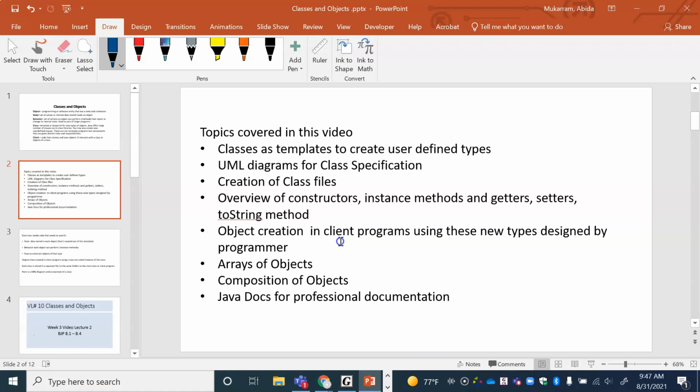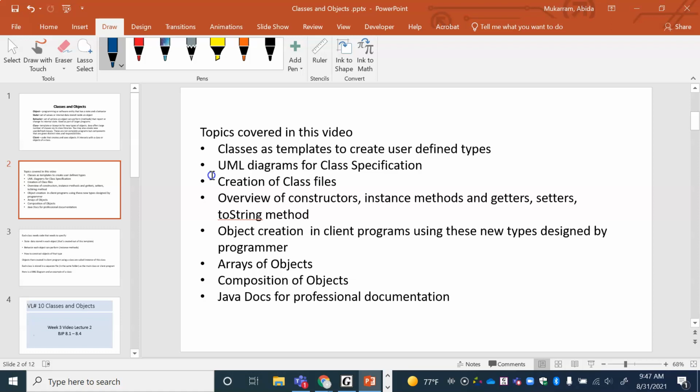And this is really the starting point of our object-oriented programming. The review that we did so far was about classes that have been provided by Java. In this video, we will review how we as programmers can create and use our own classes. So that's what we are going to stay with, and the topics are creating classes and as templates,